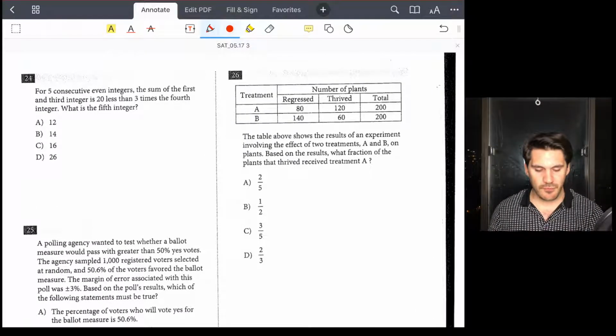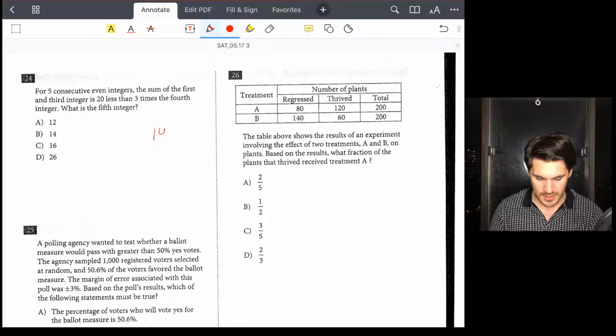Lovely. Let's go to 24. For 5 consecutive even integers, the sum of the first and third integers is 20 less than 3 times the fourth integer. What is the fifth integer? Let's literally use the answer choices to try to figure this out. Let's say that the fifth integer is